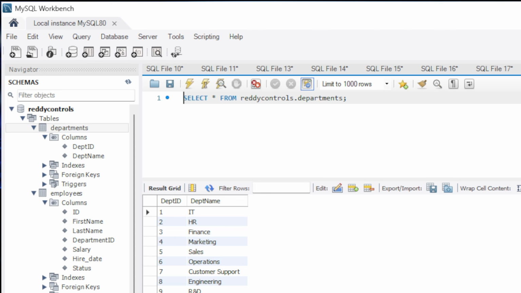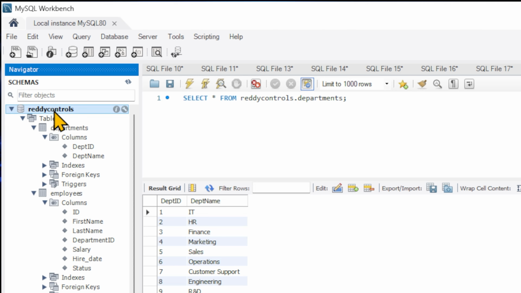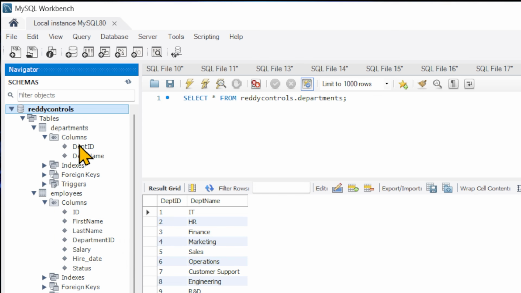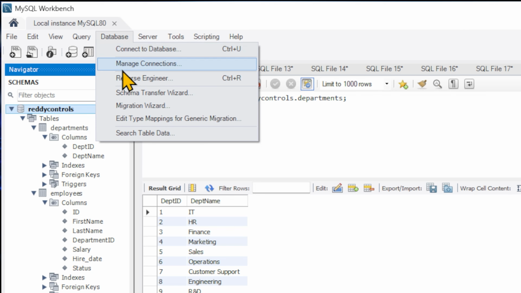To view the model in MySQL Workbench, we will click on this database and right click. We refresh all and we click database and use reverse engineer,